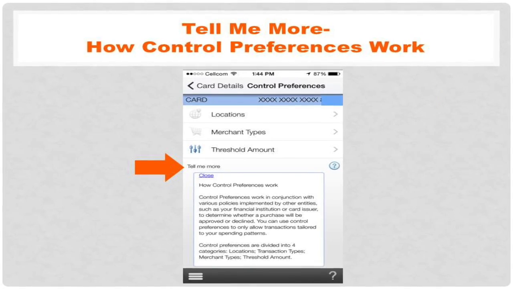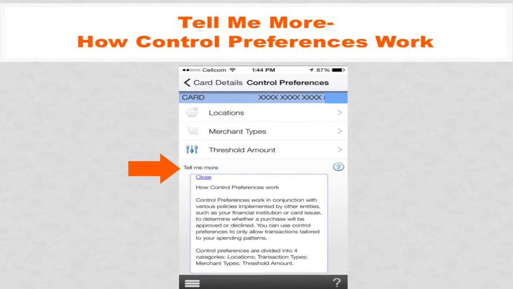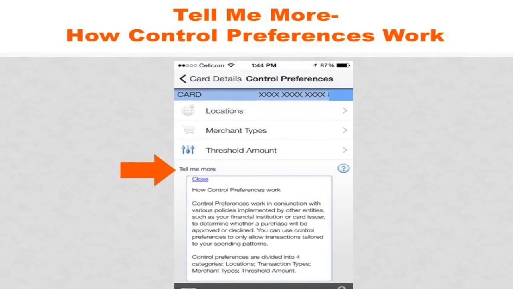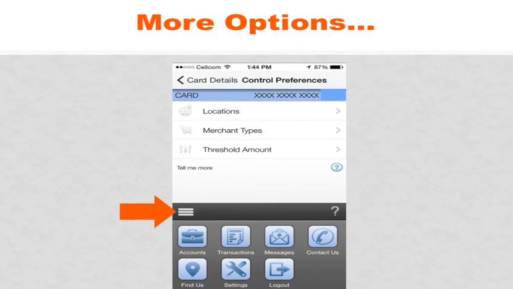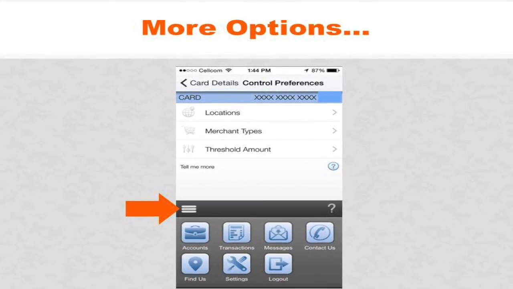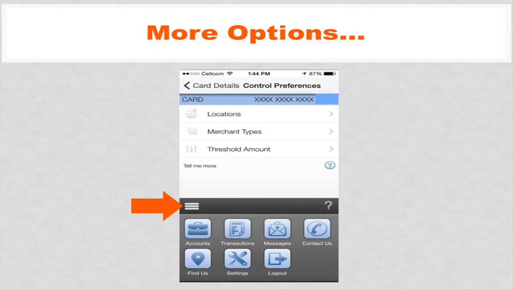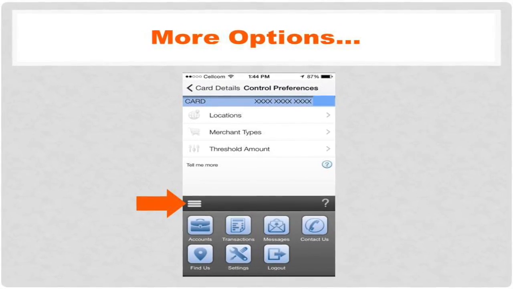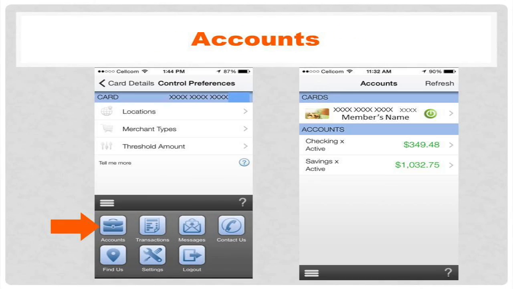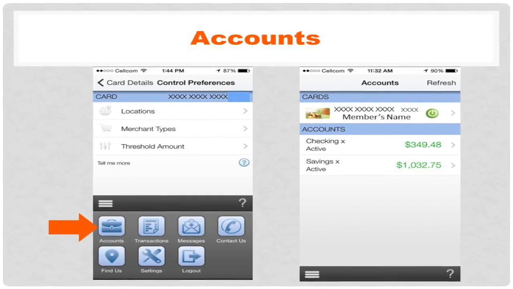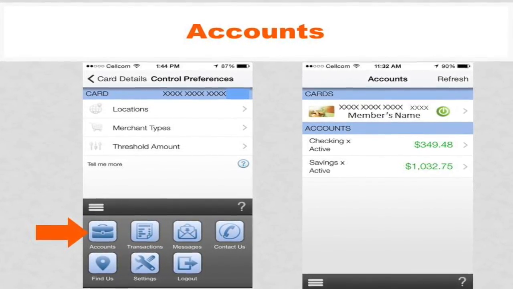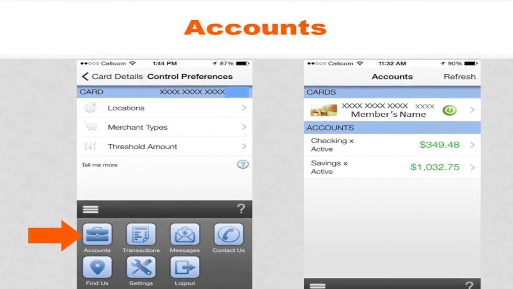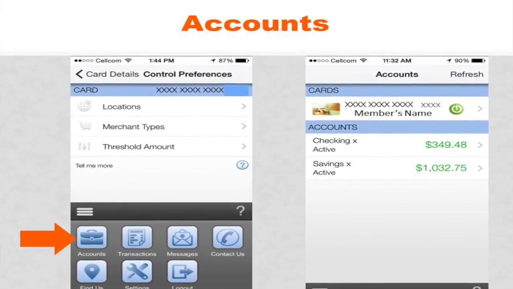You can also get more information on all that control preferences entails by clicking on the Tell Me More question mark. The 3-line icon you will often see throughout the app is the More Options link. Under this option, you can see there are different categories of more capabilities of CardValet. The Accounts link will take you to where you can see all of your active accounts within the app. By clicking on a specific account, you will be brought to the account details where you can view alert preferences